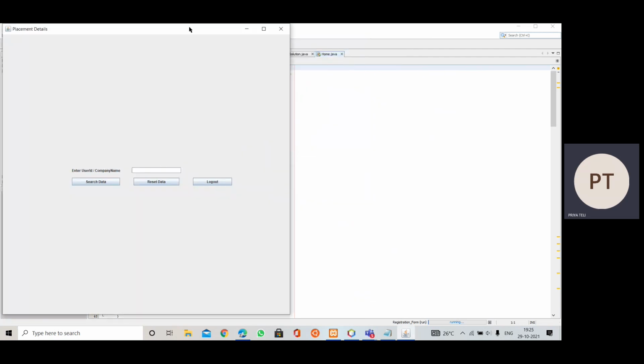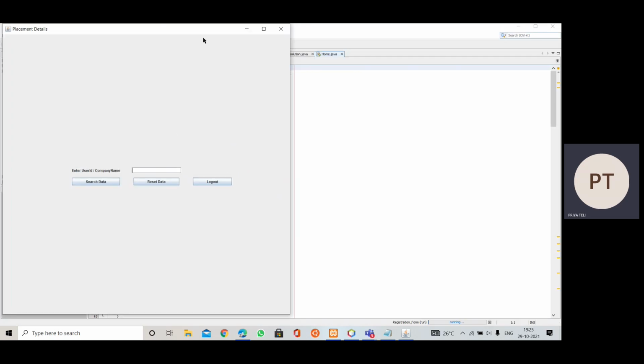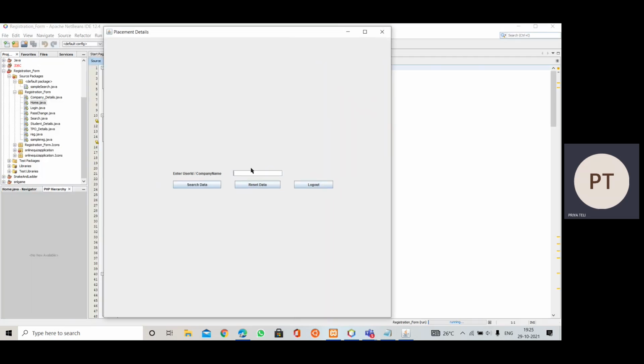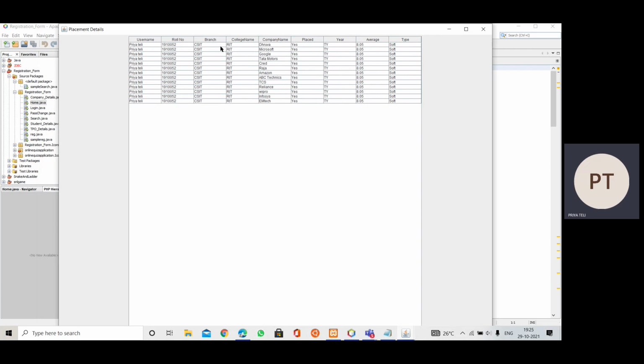Here the search panel appears after the login. Here we can insert either a roll number of a student or else the company name. If we insert a roll number and click on the search data, it will fetch the details regarding the particular student, whether he is applicable to which companies.